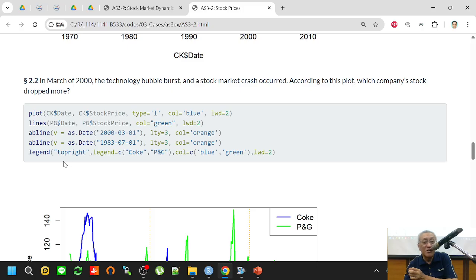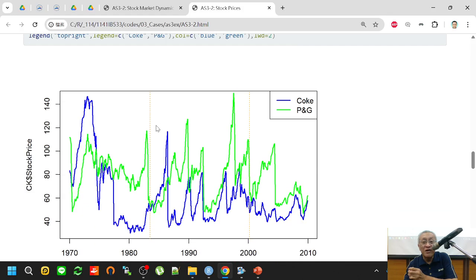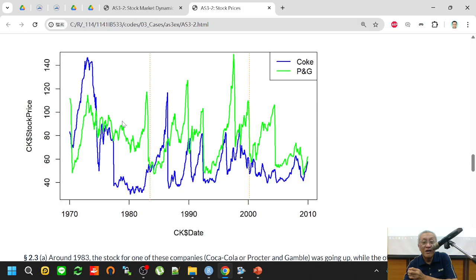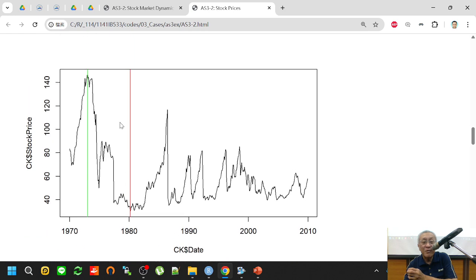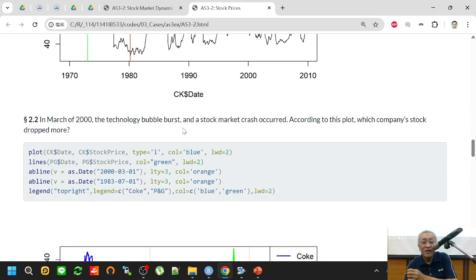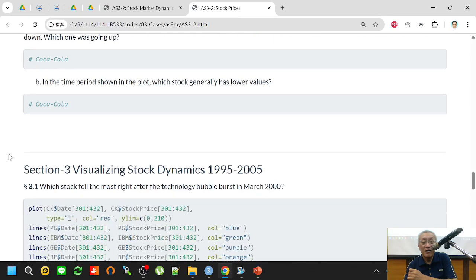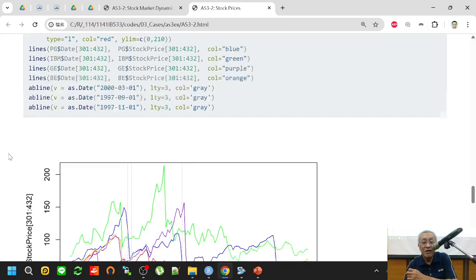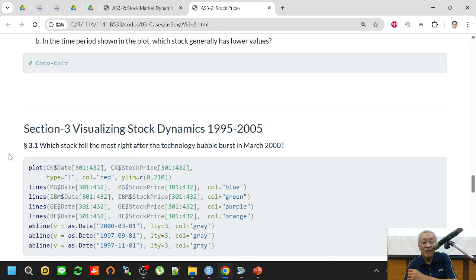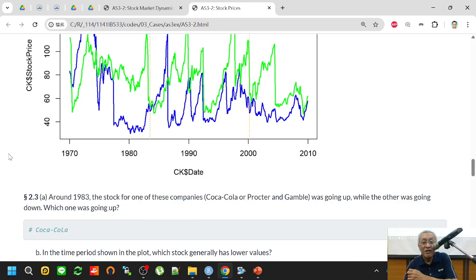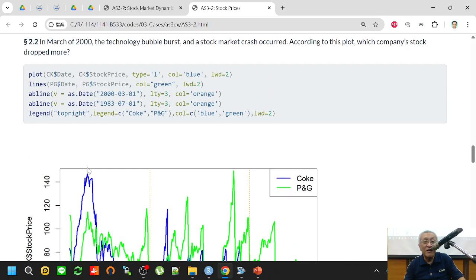This is a little strange. I think there is some problem here. In March of... stock price market, which company's stock dropped more? I believe that